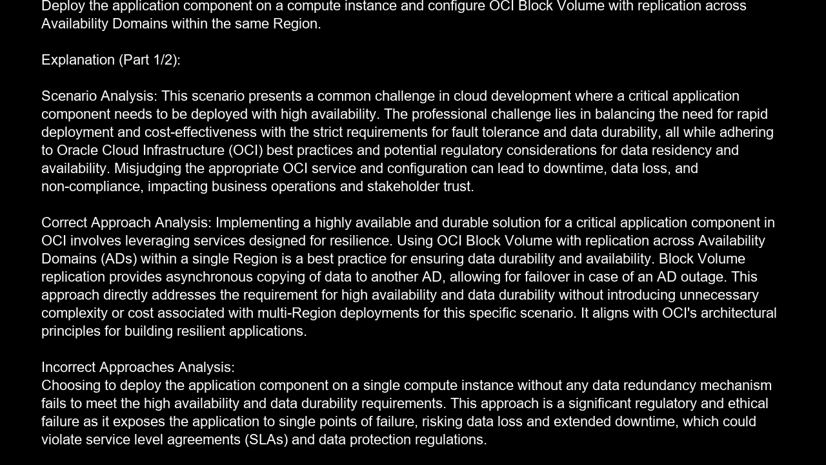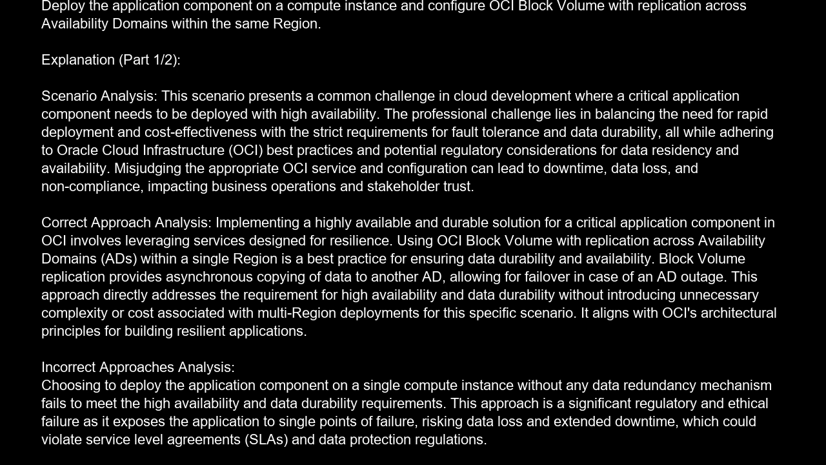Correct answer is B. Deploy the application component on a compute instance and configure OCI block volume with replication across availability domains within the same region. Explanation. Scenario analysis. This scenario presents a common challenge in cloud development where a critical application component needs to be